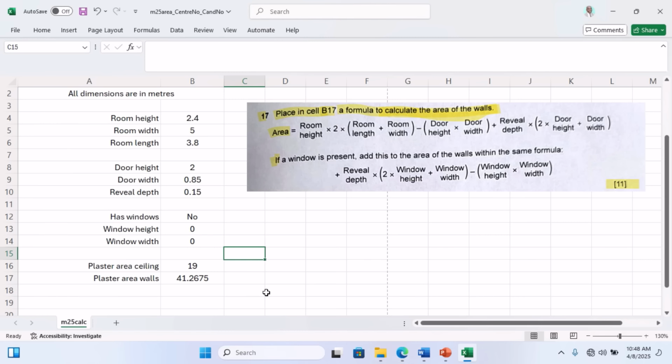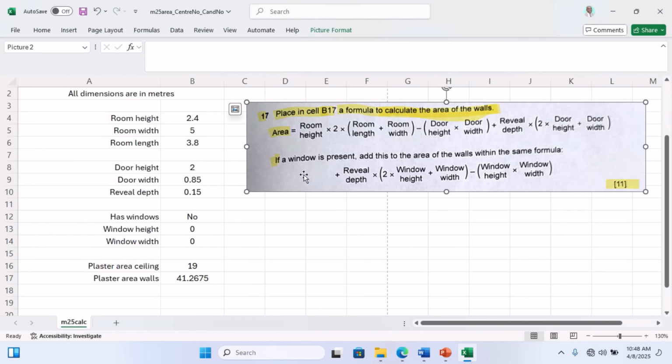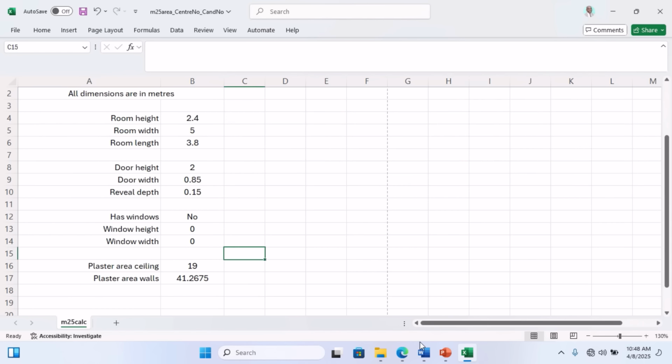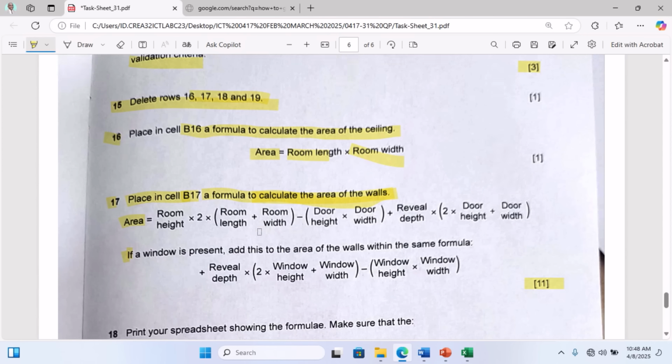So, and that is exactly what the question is saying. So let me remove this for now. So all of this we have done is for 11 marks. So let me remove this for now. Then the next thing says that